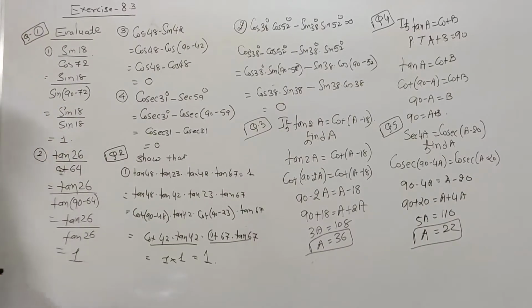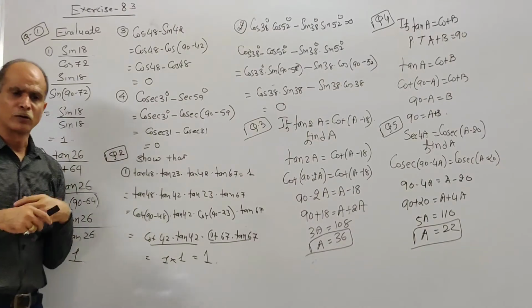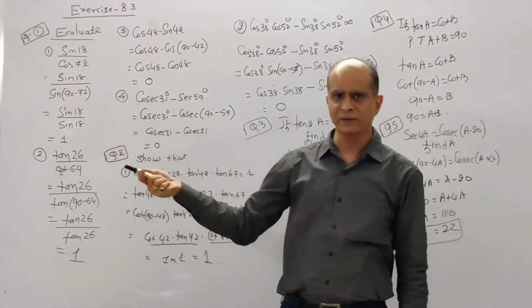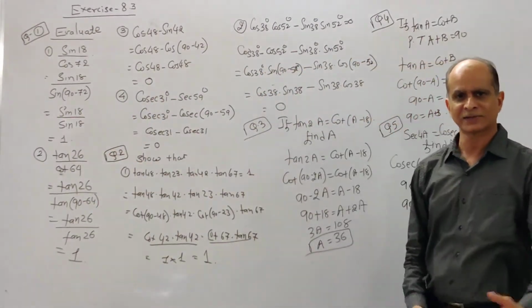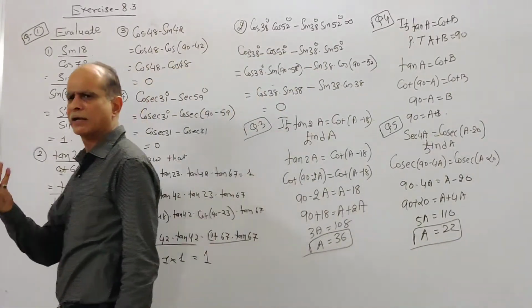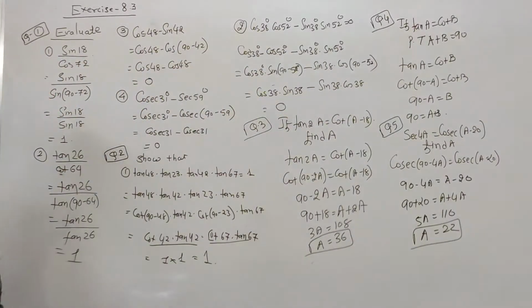Very simple. So either you can convert numerator or denominator. Here numerator is sin, denominator is cos. So we have to convert cos into sin. So numerator and denominator, they are same. You can cancel it. So your final answer is 1.